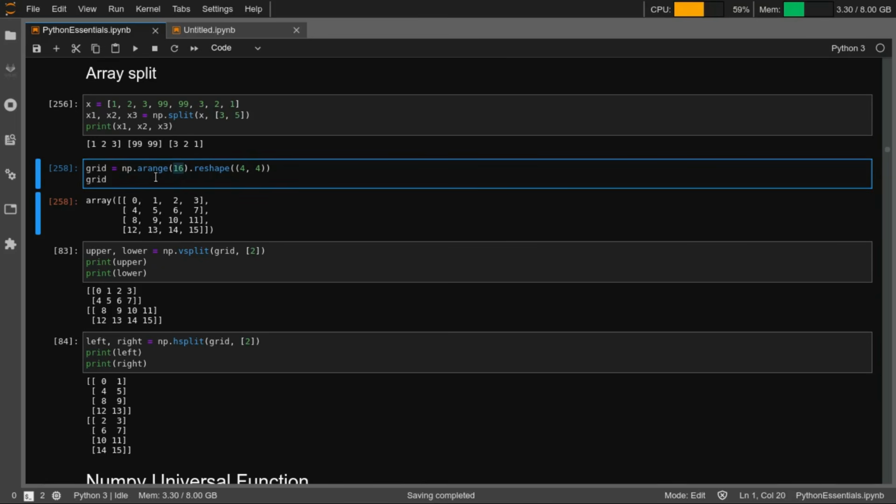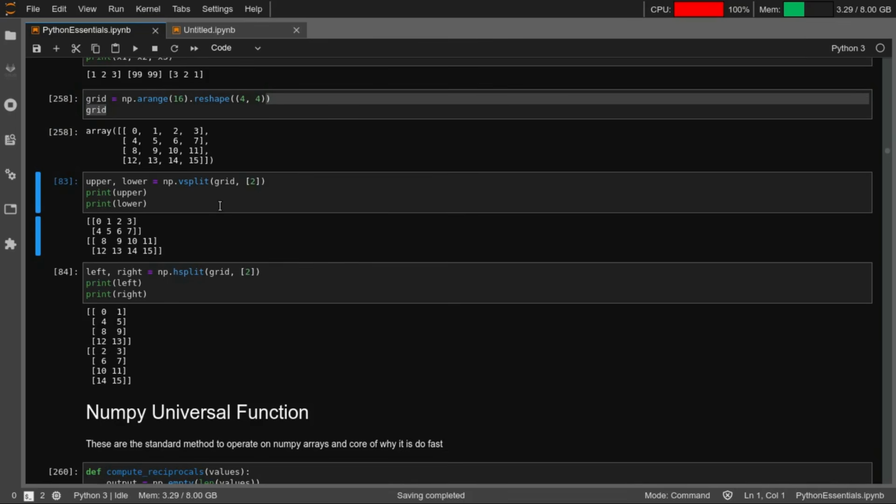So now the shape would be 1,16, let's say. Now you can reshape that as a 4x4 matrix, right? So you can say that it is reshaped as 0 to 15, but in a 4x4 matrix shape. That is what reshape does. It will take a particular array and reshape it into whatever arguments you give.